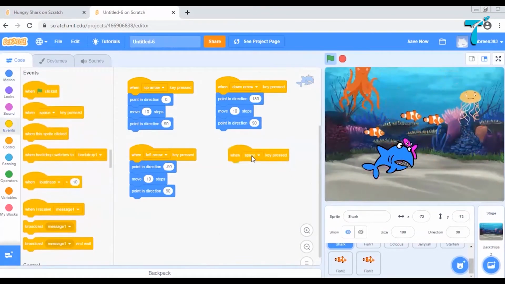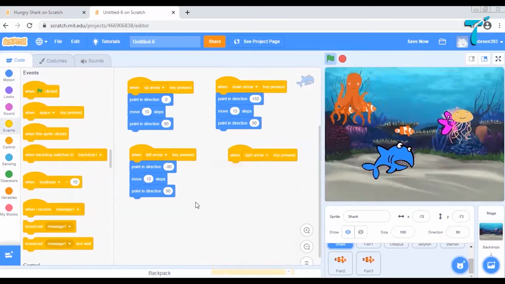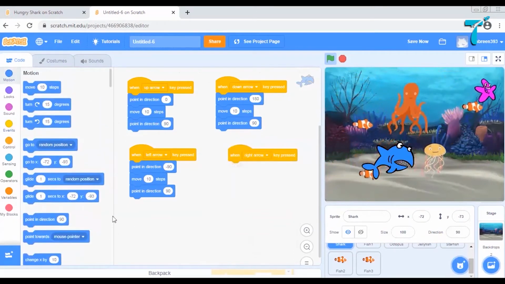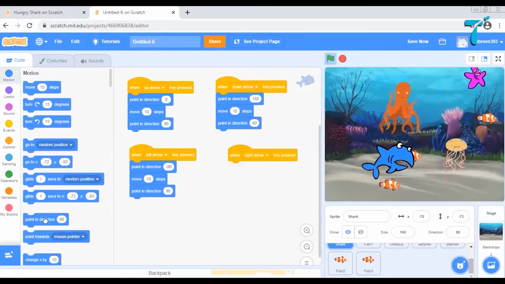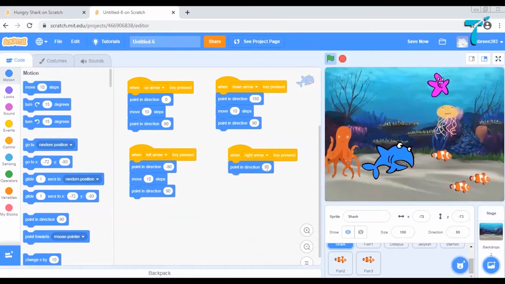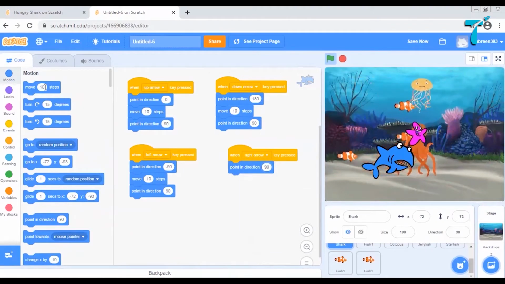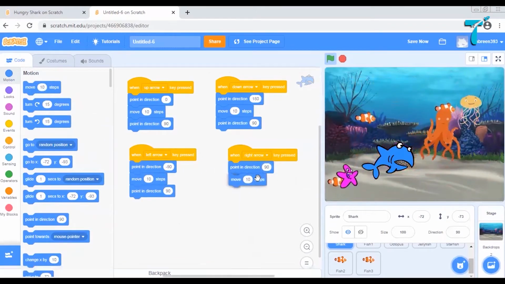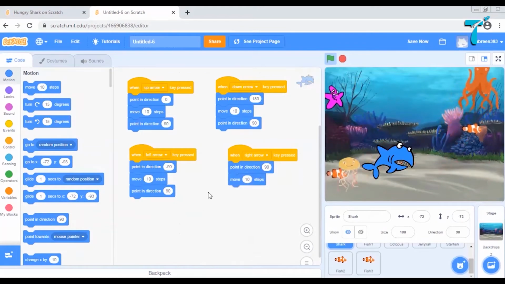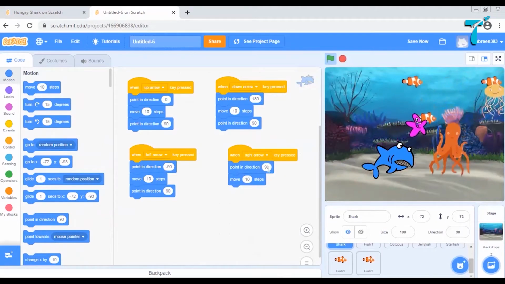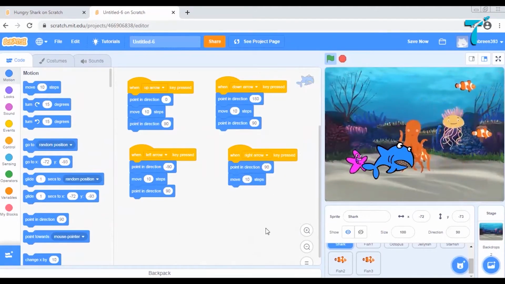When right arrow key is pressed, point in direction 90 degree. So 90 degree is right itself. Okay. Now move 10 steps. Now this time I don't want to repeat the command that says keep pointing in direction 90 because it is already in 90-degree angle, right?